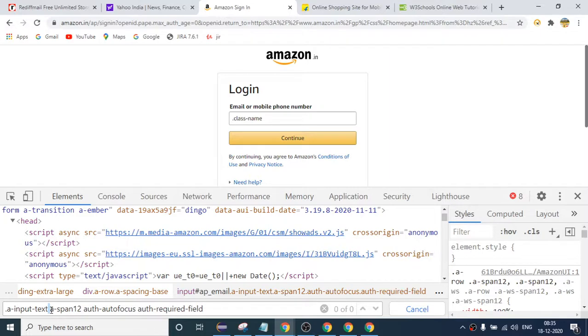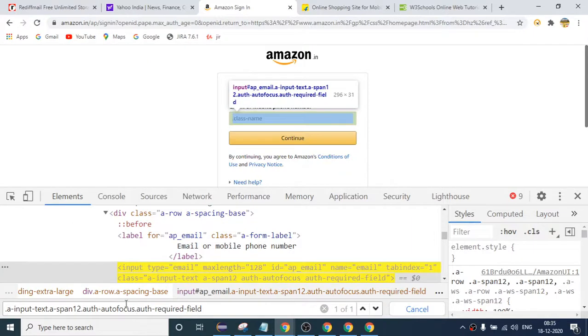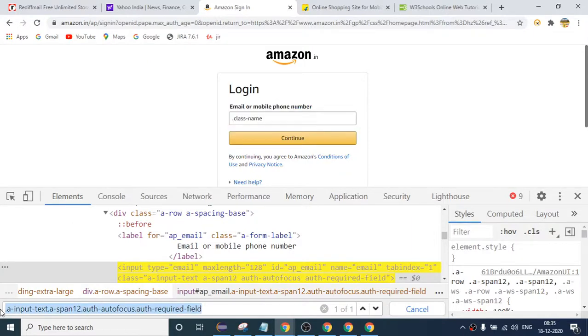So whenever you have the class name with the space, if you want to write the CSS, you have to remove all the space and replace the space with dot. So here one space, I will replace it with dot, and here as well I will remove the space and replace it with dot, and here as well. So when you remove all the space and provide the dot operator, then you can write the CSS, right? So basically classes with the spaces are not allowed in Selenium. So this is how you have to do. Is it clear?